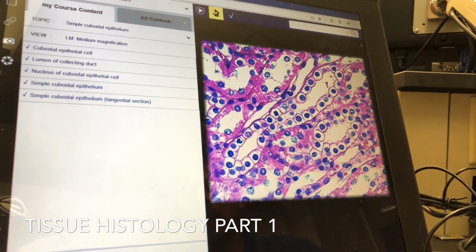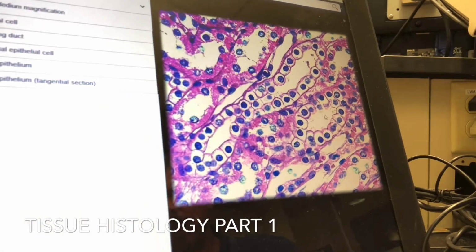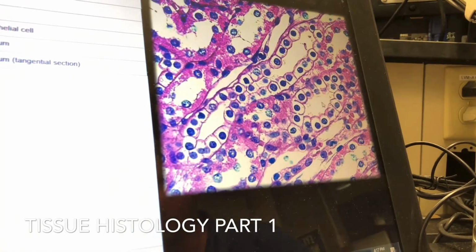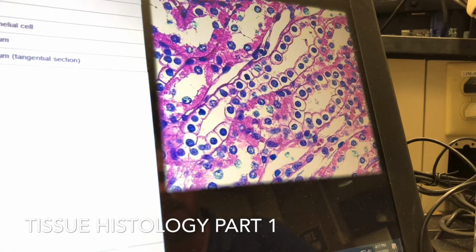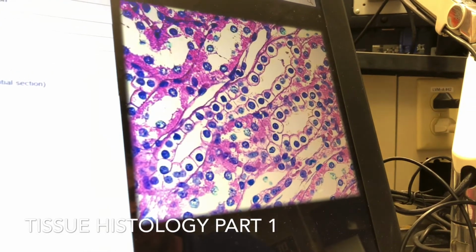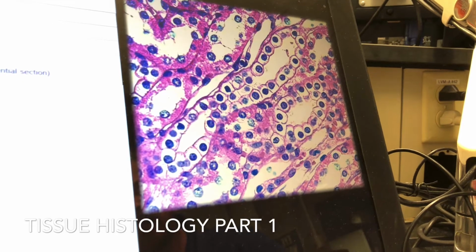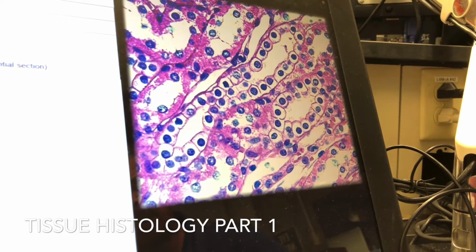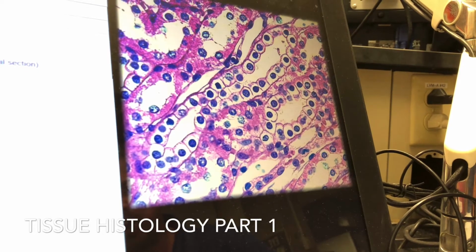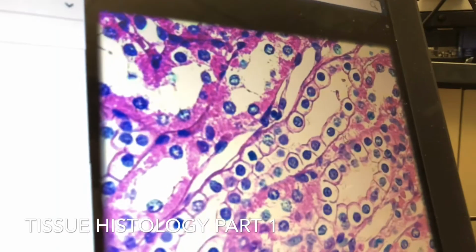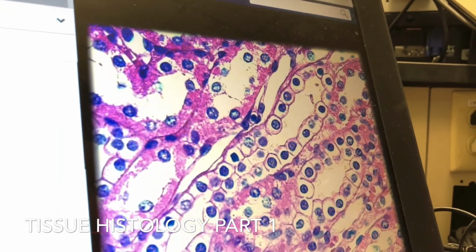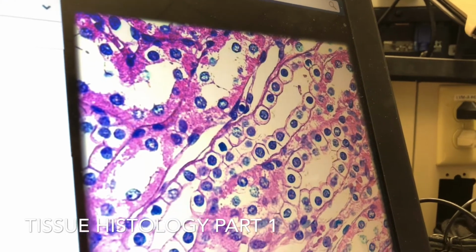But if I come right here and I look, what do I have in the group of cells right here? I have a free space. That's my lumen. If I look, well, this one will be even better. There's my lumen right there. Now, everybody should be able to see that nice dark purple line right there. That's the basement membrane. So again, what's the definition? Where do we find our epithelial tissue? Between the lumen and the basement membrane. And if we look, how many layers of cells do we have right here? We have a single layer